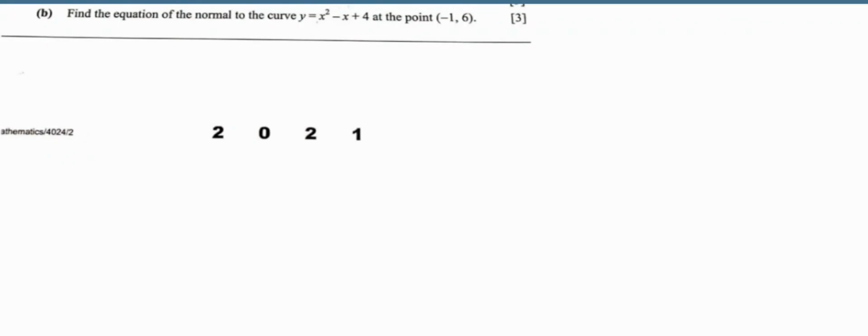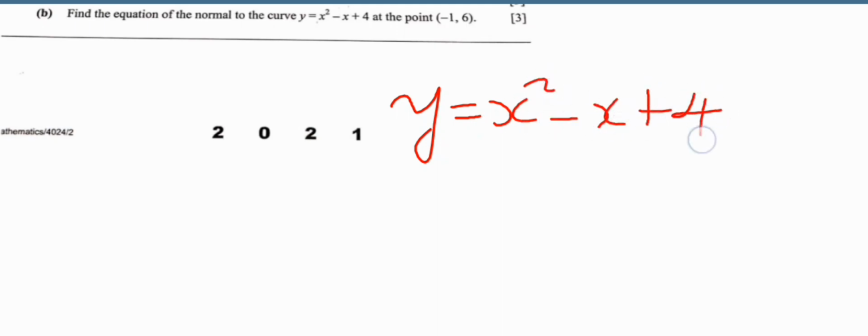Hello guys, in this video I'm going to show you how to find the equation of the normal to the curve. So in this question we have been given y is equal to x squared minus x plus 4. So to highlight this one, we have y is equal to x squared minus x plus 4. So this equation